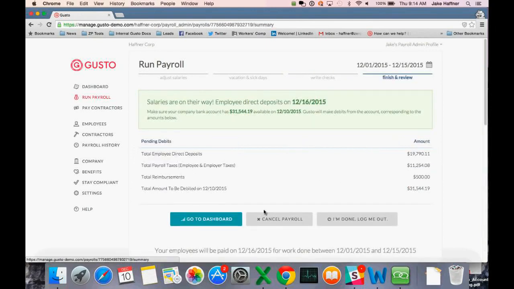And that really is leading to the next screen here, which is the review of the payroll we had just run. You can see the summary of all the debits we'll be hitting the employer's bank account for. That includes the total direct deposit, the total employee and employer taxes, as well as any reimbursements that had been processed for this respective pay period. At this point, like I kind of said, we are a full-service payroll provider, and so we're going to debit for these respective amounts, and then we are going to